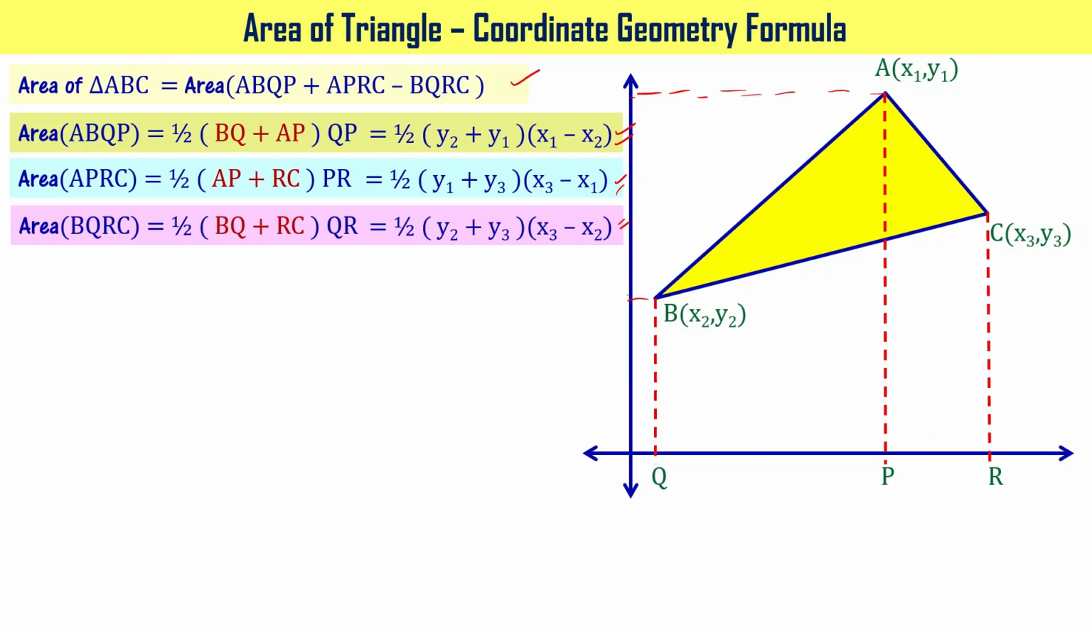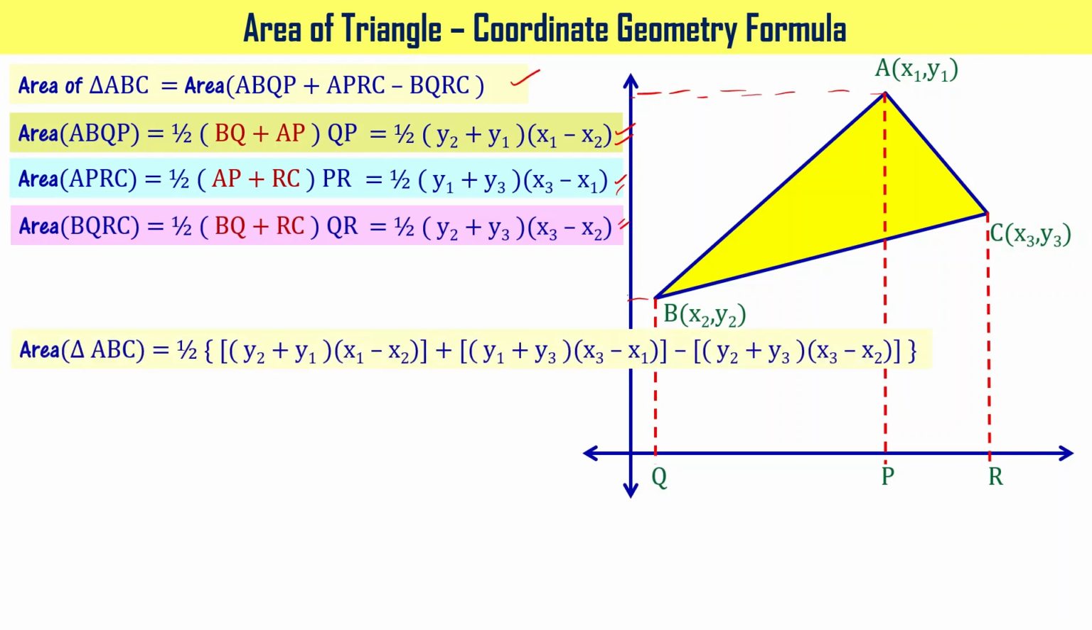into this particular equation, so that I can write the area of triangle ABC equal to half. I can take out half, and then (y2 plus y1) times (x1 minus x2) is coming here, and this one is coming here, and this one is coming, right? So now what I do is I'll multiply the first part, (y2 plus y1) times